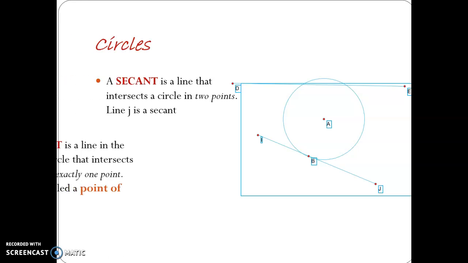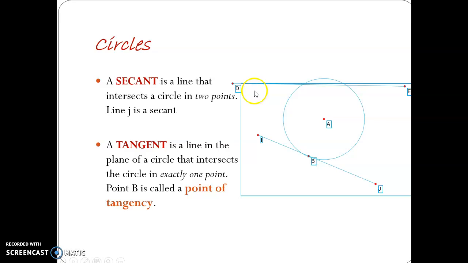All right, a secant, and this is not the best picture here, but if we look at DE, a secant is a line that goes through the circle, so that it doesn't stop on the circle. Okay, so it can be a ray. It can also be a line as well. It can have one endpoint on the circle, but it cannot have two, because